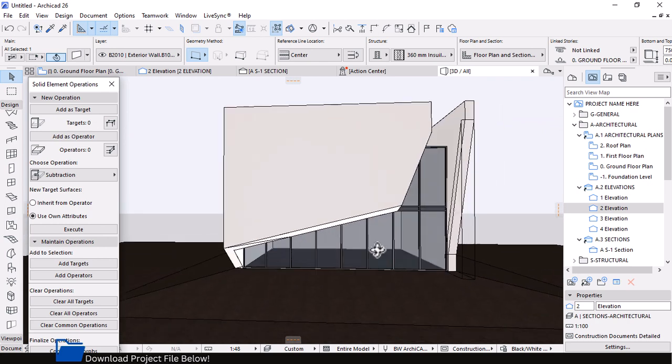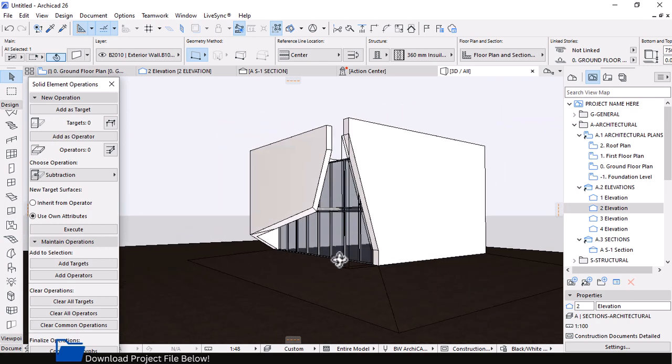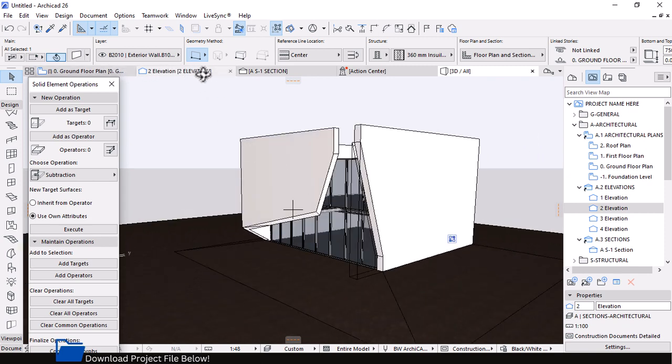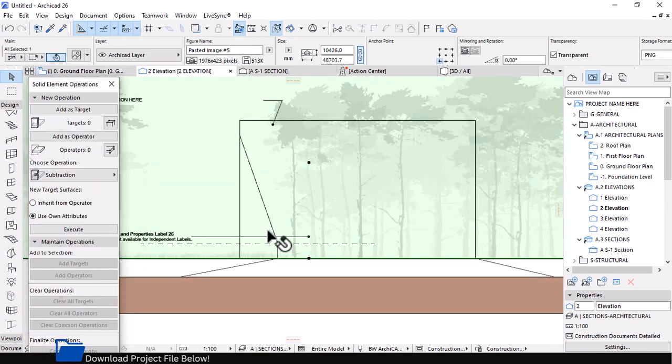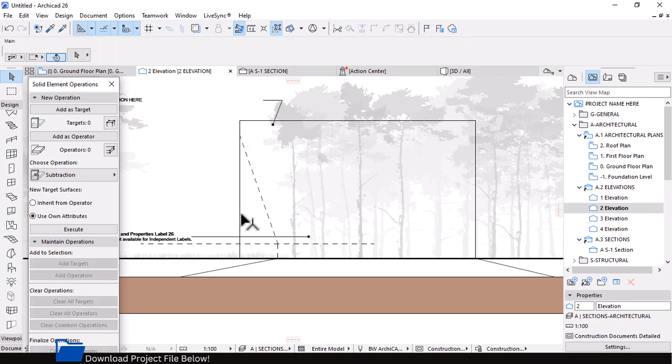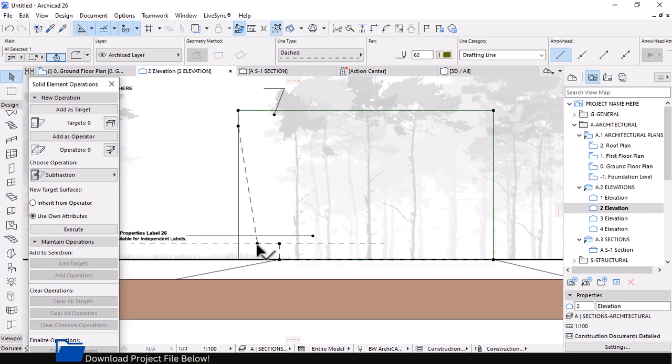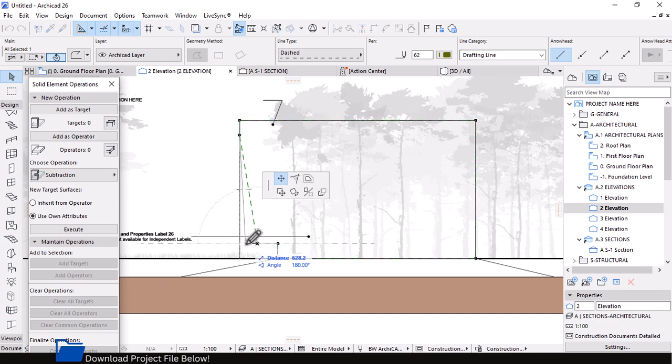No, I don't think it's the same. It's not the same. I think we need to adjust our profile. Let's get rid of this morph. What I'm seeing here is that this line is going all the way to there. Let me just move it there and then move it out maybe by